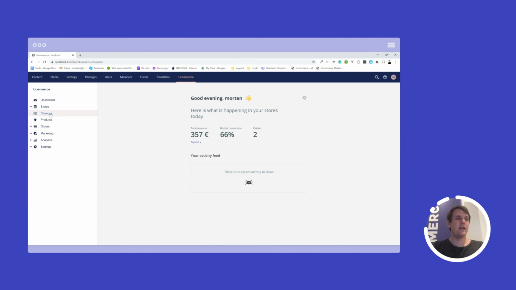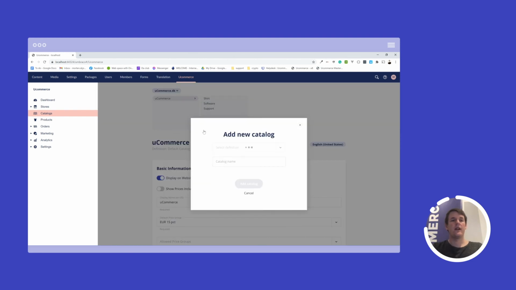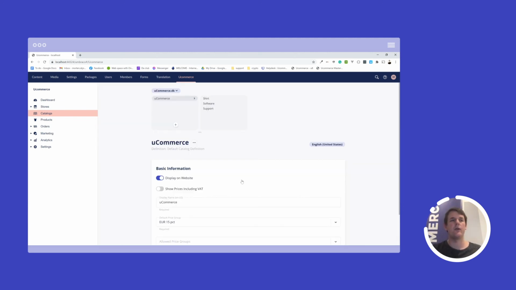So I will go to my catalog app, and UCommerce is the default catalog being resolved on the storefront right now with shirt and software and support on it. So what I will do here is create a new one, and let's call this private. That's the catalog that I referred to in my code. So obviously we need that instead.